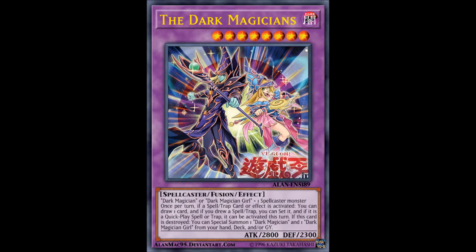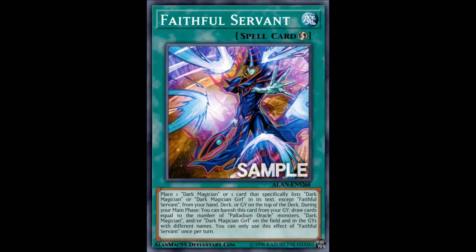So basically turning Eternal Soul into a very, very powerful protection effect, which can basically swarm the field with Dark Magicians. So yeah, this is a very great card, and let's pray it hits the TCG pretty soon. Next up we have their 3 spell cards and a trap card. First of which is Faithful Servant, which is